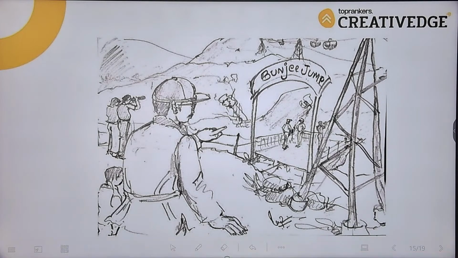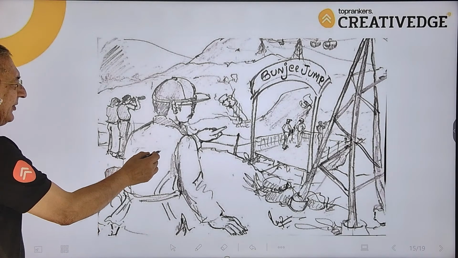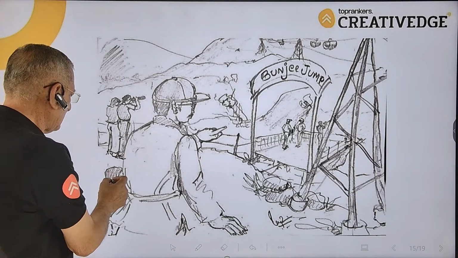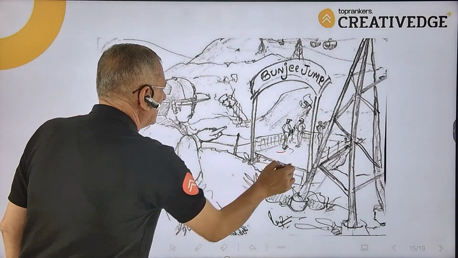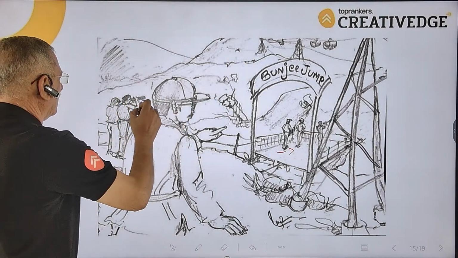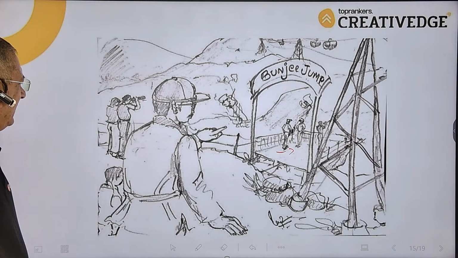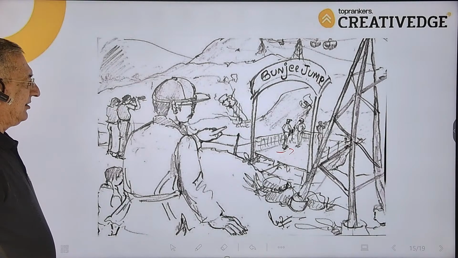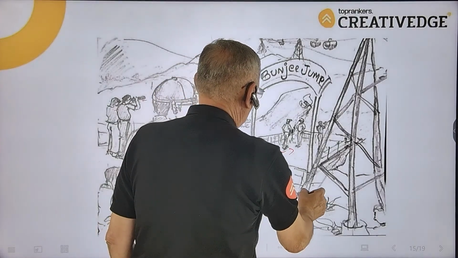So here is a person beside you who is almost guiding this child to let us go to the bungee jumping arena. There is this person looking into the hills with help of a telescope. Telescope and binocular are different. So you have to have the telescope, and there is this lady or a girl standing beside the person, and then of course there are other things, including